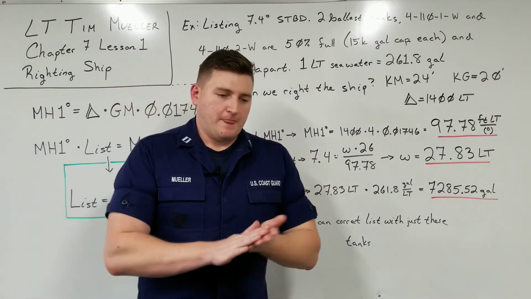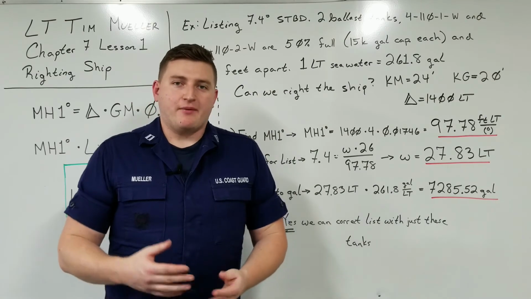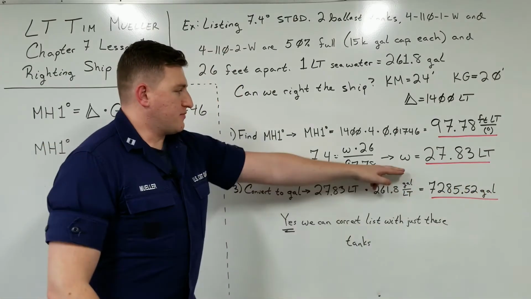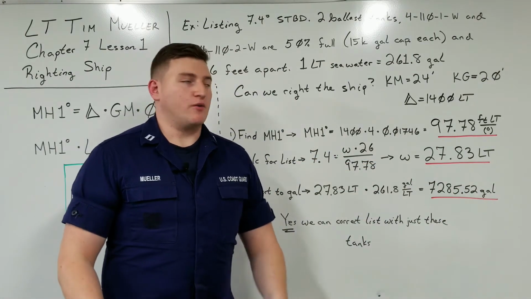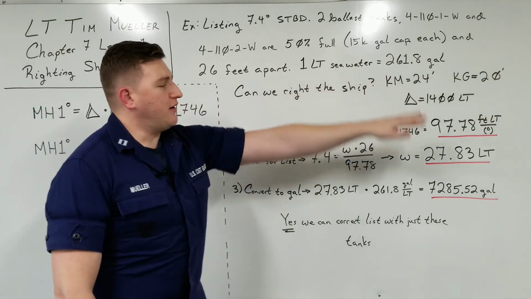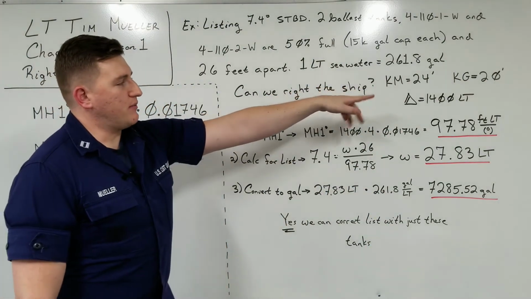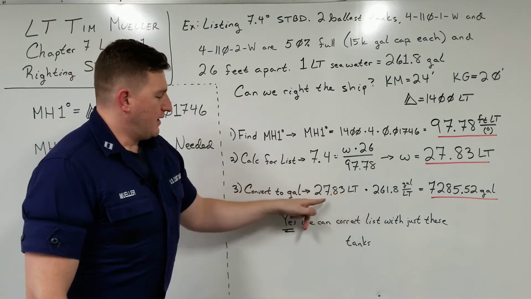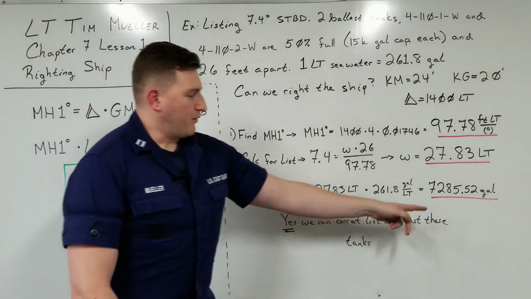Now, if you are looking at flow meters or actually trying to plan and see how much weight you have in one tank and how much space you have in another, this might not be a very useful number for you. You have to go in gallons. So we use this information that we had up here to convert our long tons to gallons. We know it's 261.8 gallons per long ton. So we're just going to convert to gallons by multiplying the 27.83 long tons by that conversion factor. And we're going to get